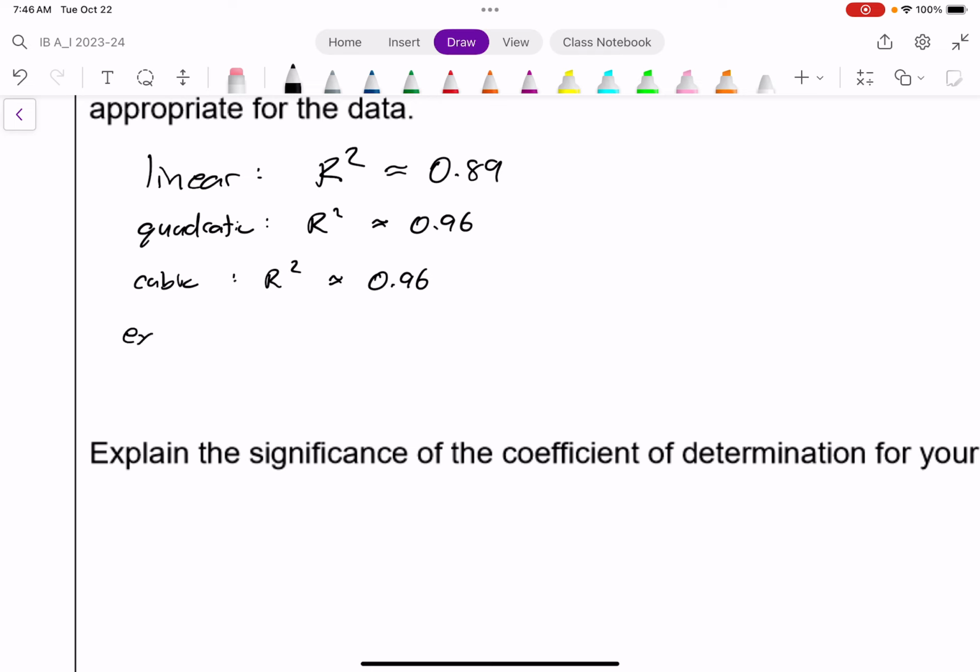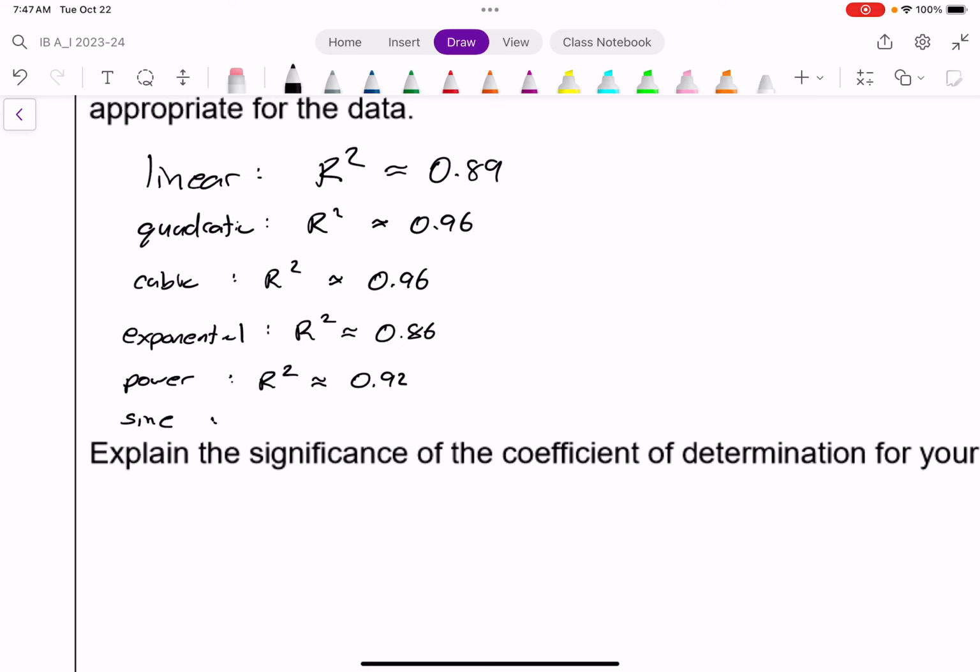For an exponential function, R squared would be about 0.86. And for the power function, R squared would be about 0.92. And for the sine function,